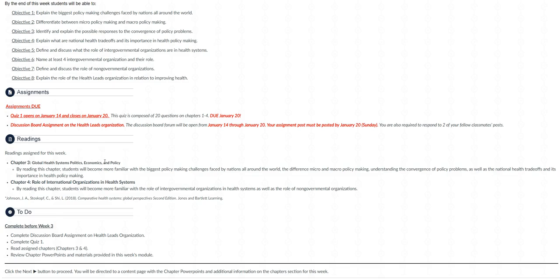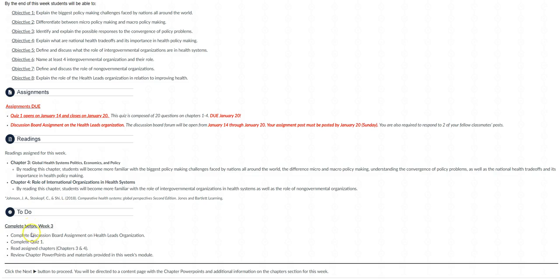I always strongly suggest that my students take the time to do some research on their own. Make sure to reference those sources at the end of your post. And do not forget to respond to 2 of your fellow classmates' posts. It is a requirement for the discussion board assignments. Remember, I want meaningful responses that demonstrate that you've taken the time to read your fellow classmates' posts.